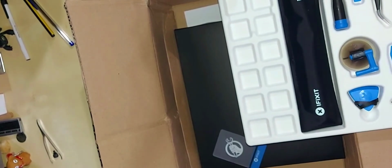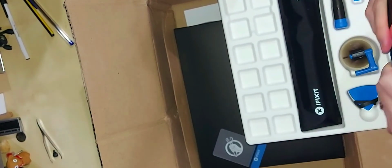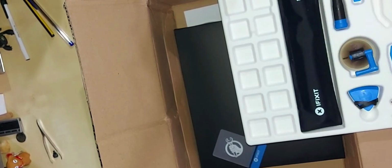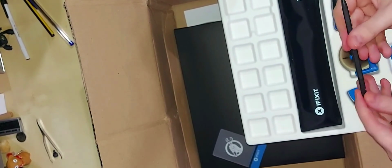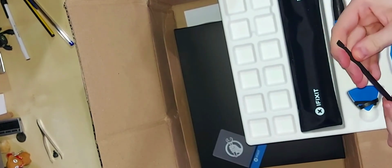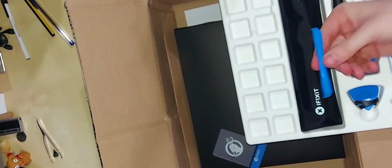The 2 bits that you need, and another set of tweezers. So again, it's the angle tweezers, the spudger with the nick in the side and the point at the other side, and then same with the blue spudger,